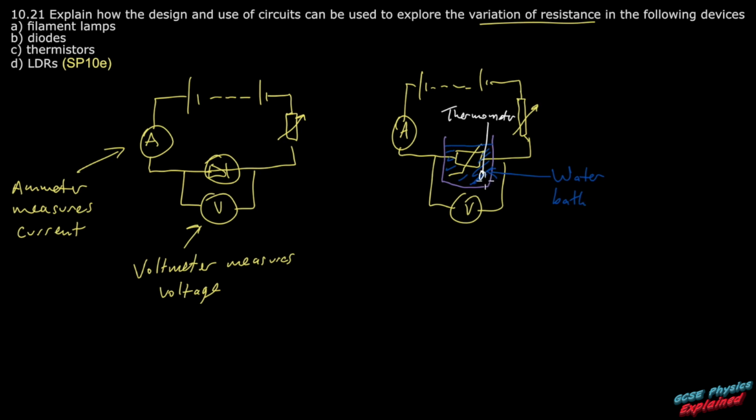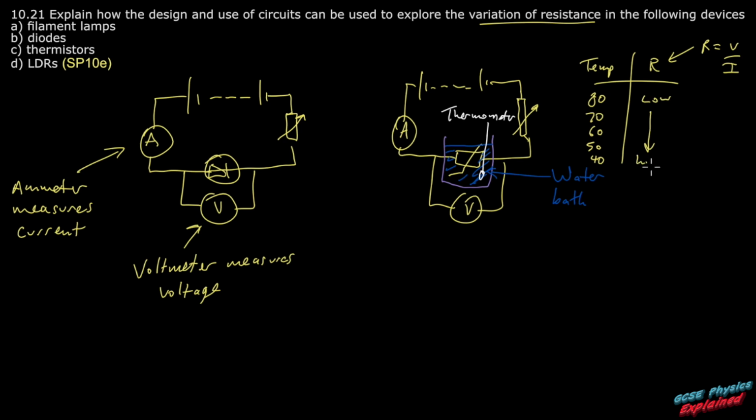You'd have to use a water bath with a thermometer in, and just let the water cool, and you can measure the resistance. You wouldn't necessarily need a variable resistor. You could just put a fixed resistor in instead. Use some boiling water, and as the temperature drops, you'll be able to measure the current and the voltage, calculate your resistance using R equals V over I. And what you'd find is that the resistance would be low at first, and then it would get higher as